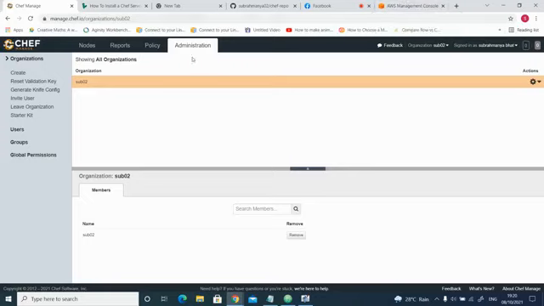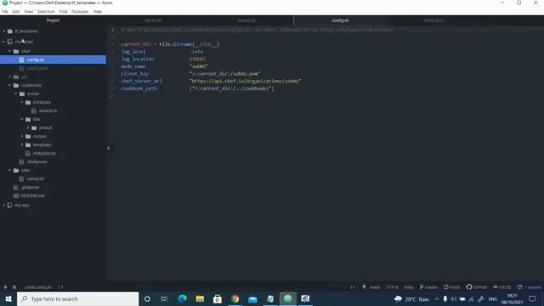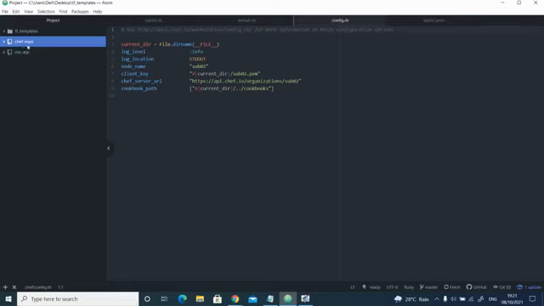And once you create an account, you will get a starter kit here. Okay, so now I have given my username and password. It is showing my username, and if you go here, you will get a starter kit. Just download this starter kit. It will contain your Chef credentials. Now I just downloaded that starter kit and I kept it inside a folder called Chef repo.